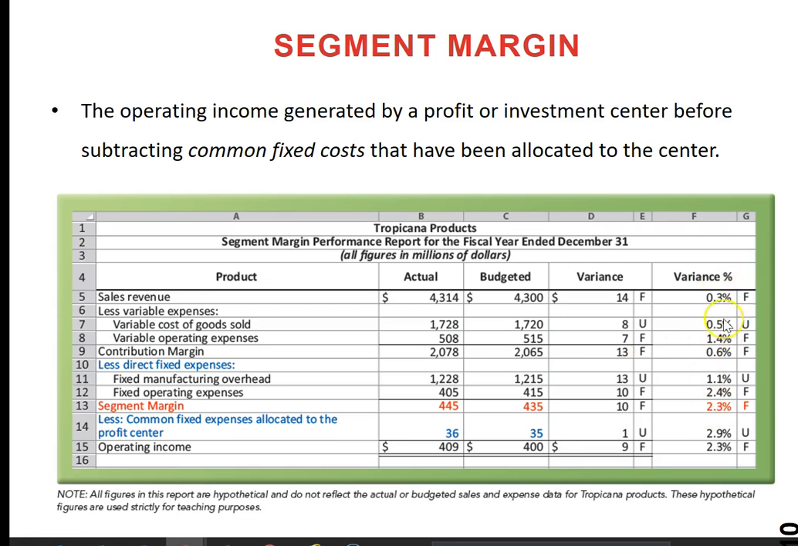Again, you can also express everything in terms of percentage. To express those percentages, you have to take this variance and divide it by the budgeted number. For example, sales revenue: 14 is the variance number and the budgeted is 4,300. So 14 over 4,300, you will get 0.3%. So this is how we will do this performance evaluation with the segment margin approach for our actual and budgeted ones